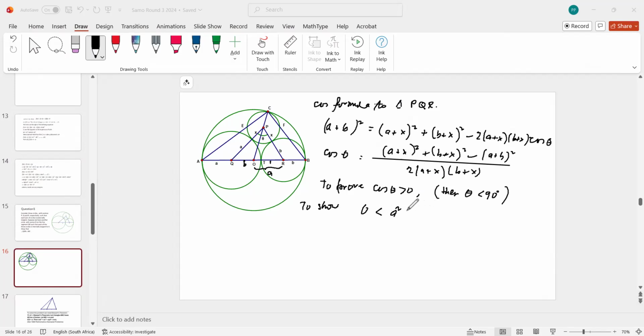We have a squared plus 2ax plus x squared plus b squared plus 2bx plus x squared. Then you got a minus sign here. So it's minus a squared minus 2ab minus b squared. All right, so a squared minus a squared cancels, b squared minus b squared cancels, and you are left with